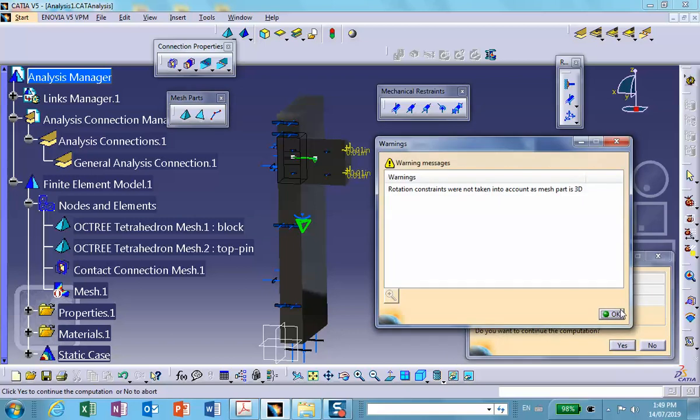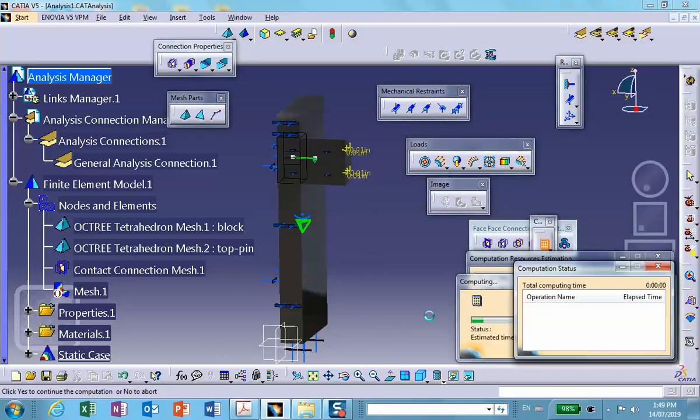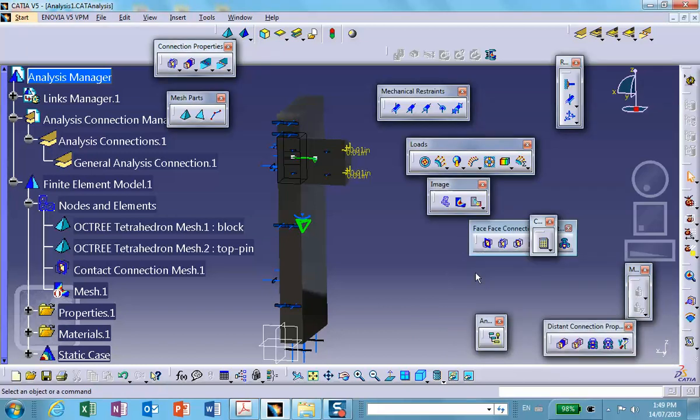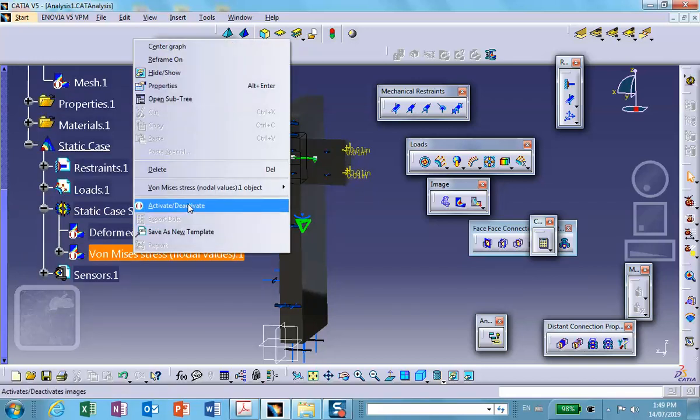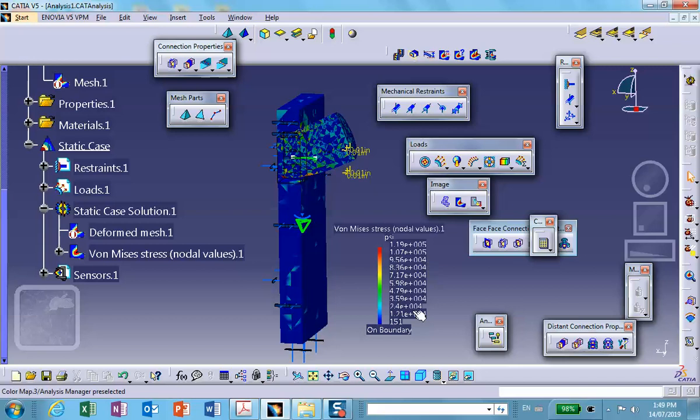Okay, look at the stress now. 119,000. The only thing that's bothering me is that this stress is probably in the pin. I'm not sure. Anyway, I don't have any confidence in these numbers because we did it on the fly without a proper mesh convergence study, and one should be very